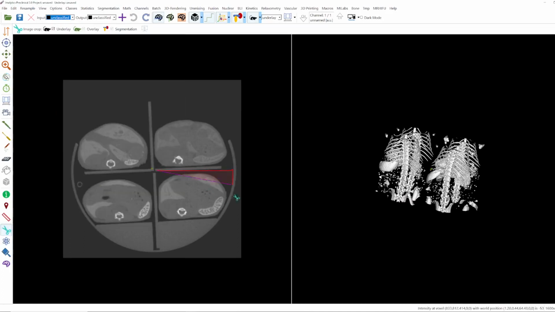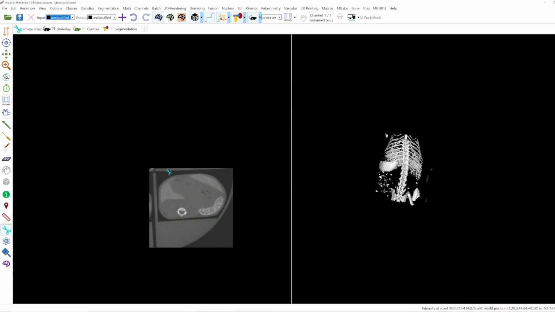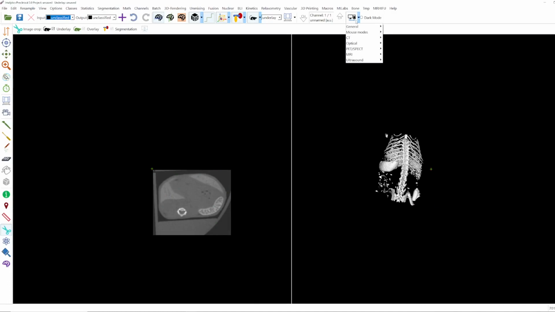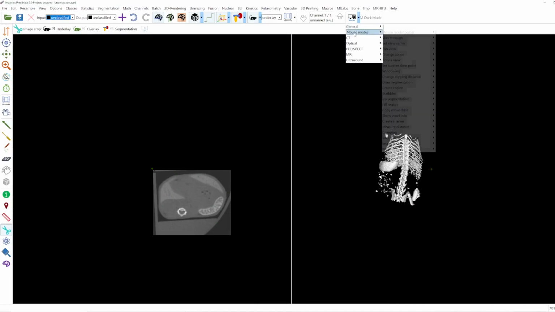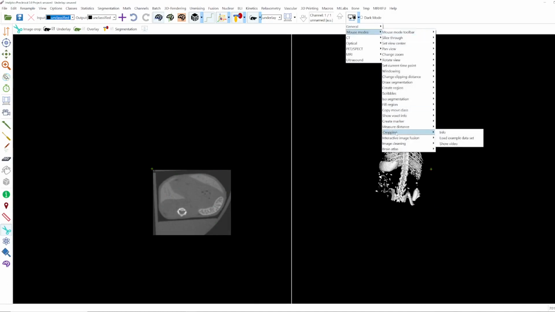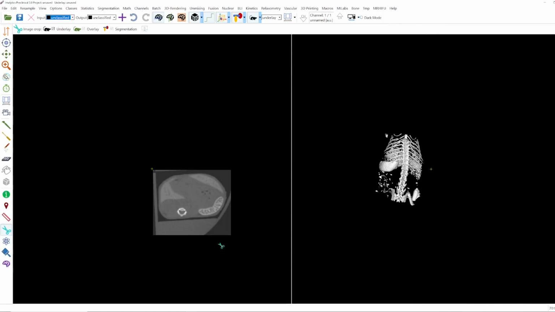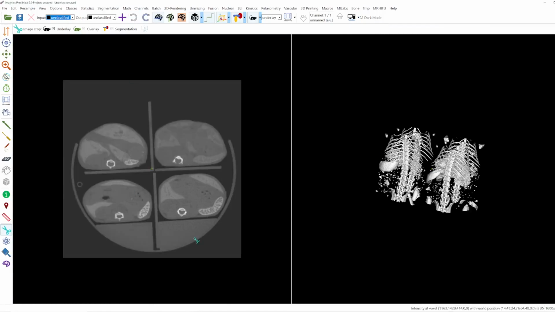You just go around the mouse you want to analyze or save, and you crop your dataset in this way. You can make it a little bit nicer. But I'm not going to explain this mouse mode in detail because there's another video about it. You can find it under mouse modes, cropping, show video. There is more information about the image cropping tool.